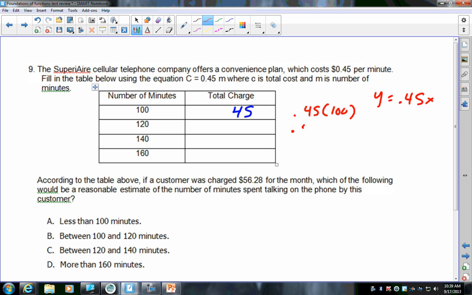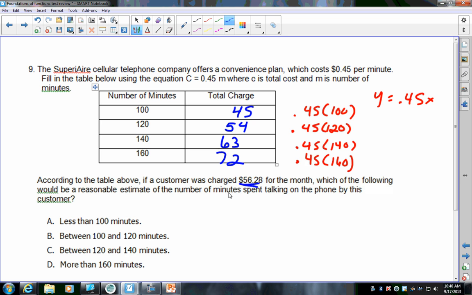So this is 0.45 times 120, 0.45 times 140, 0.45 times 160. So as we go through here, this becomes 54, 63, and 72. According to the table, if a customer was charged